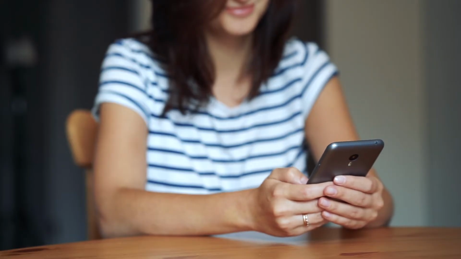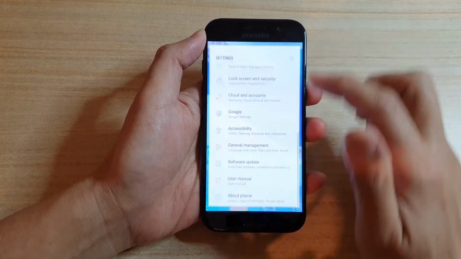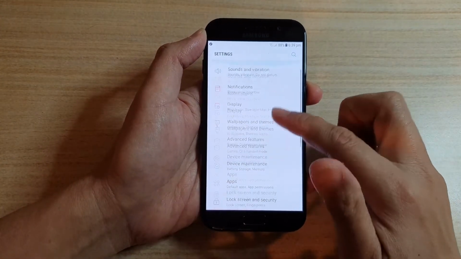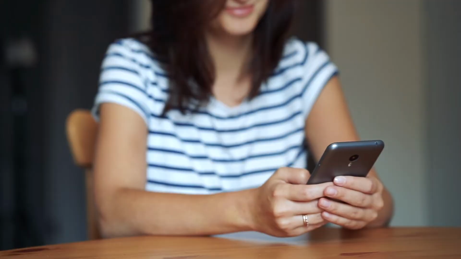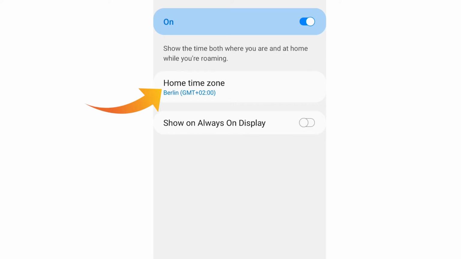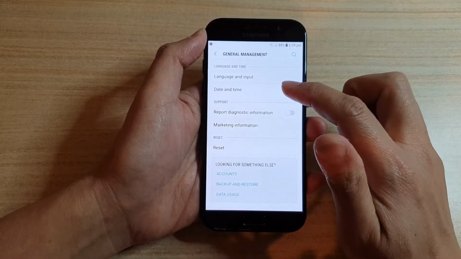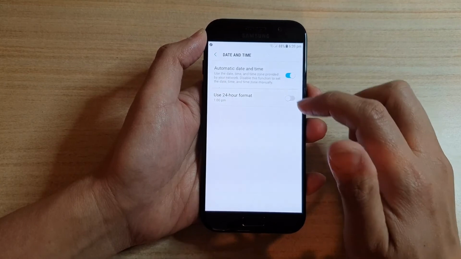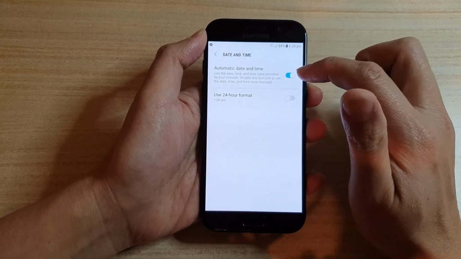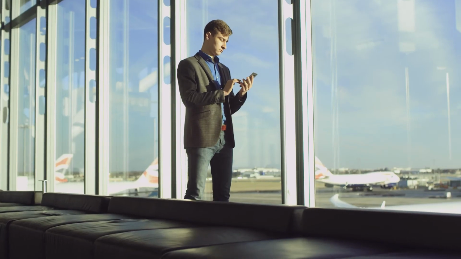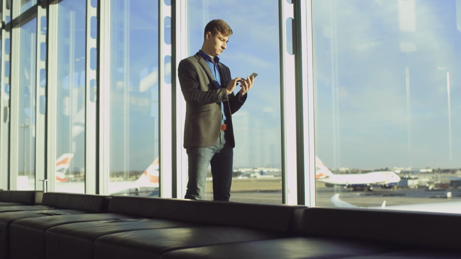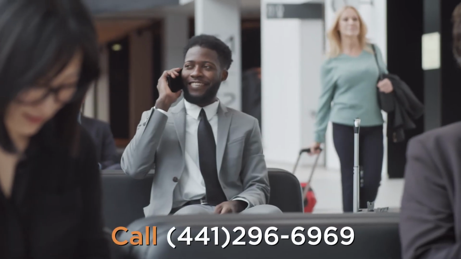Adjusting your date and time setting for Android. Open the Clock app. Tap More, Settings. To pick your home time zone, tap Home Time Zone. To automatically update your time zone, tap Date and Time. Set time zone automatically. If you experience issues while traveling or need assistance with other matters, please call us on